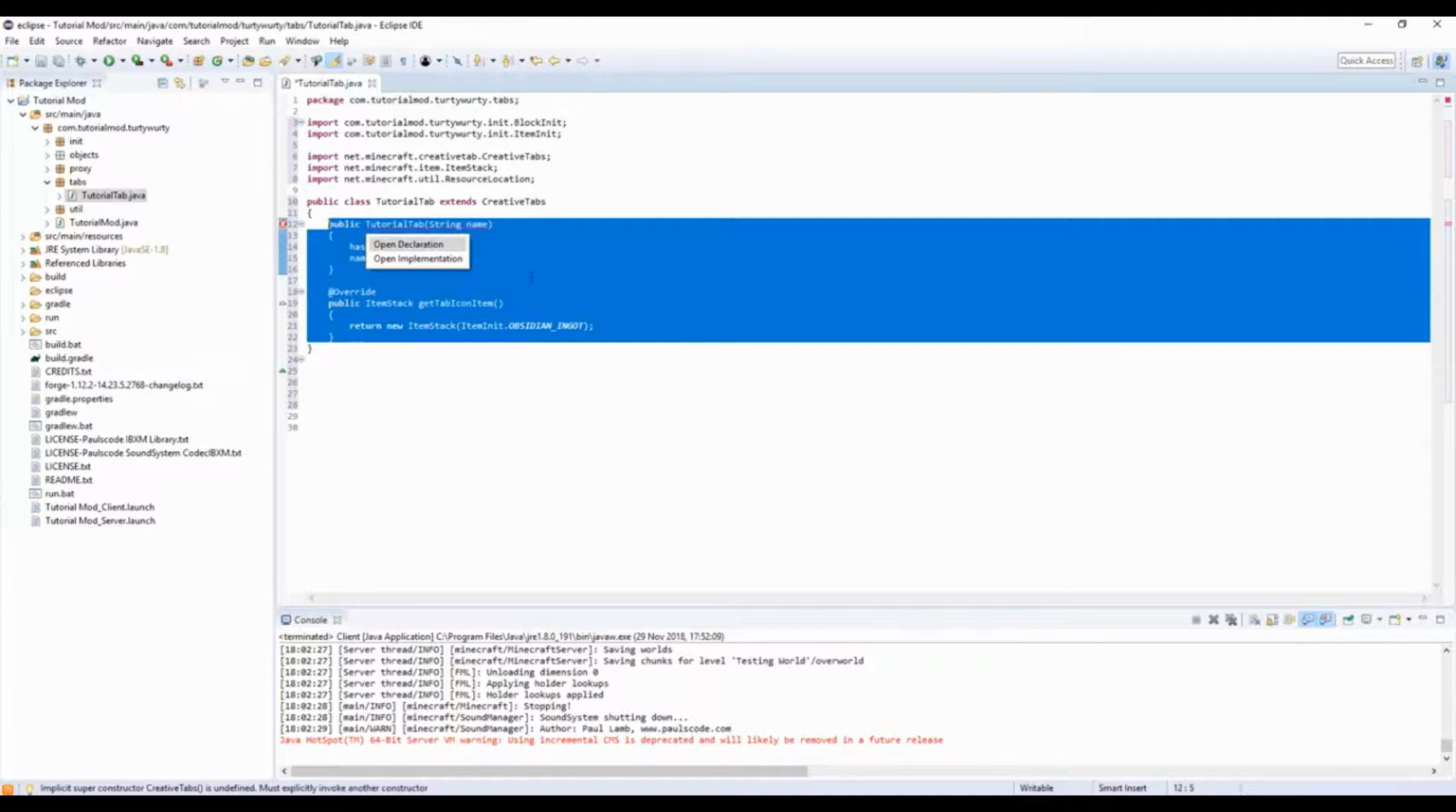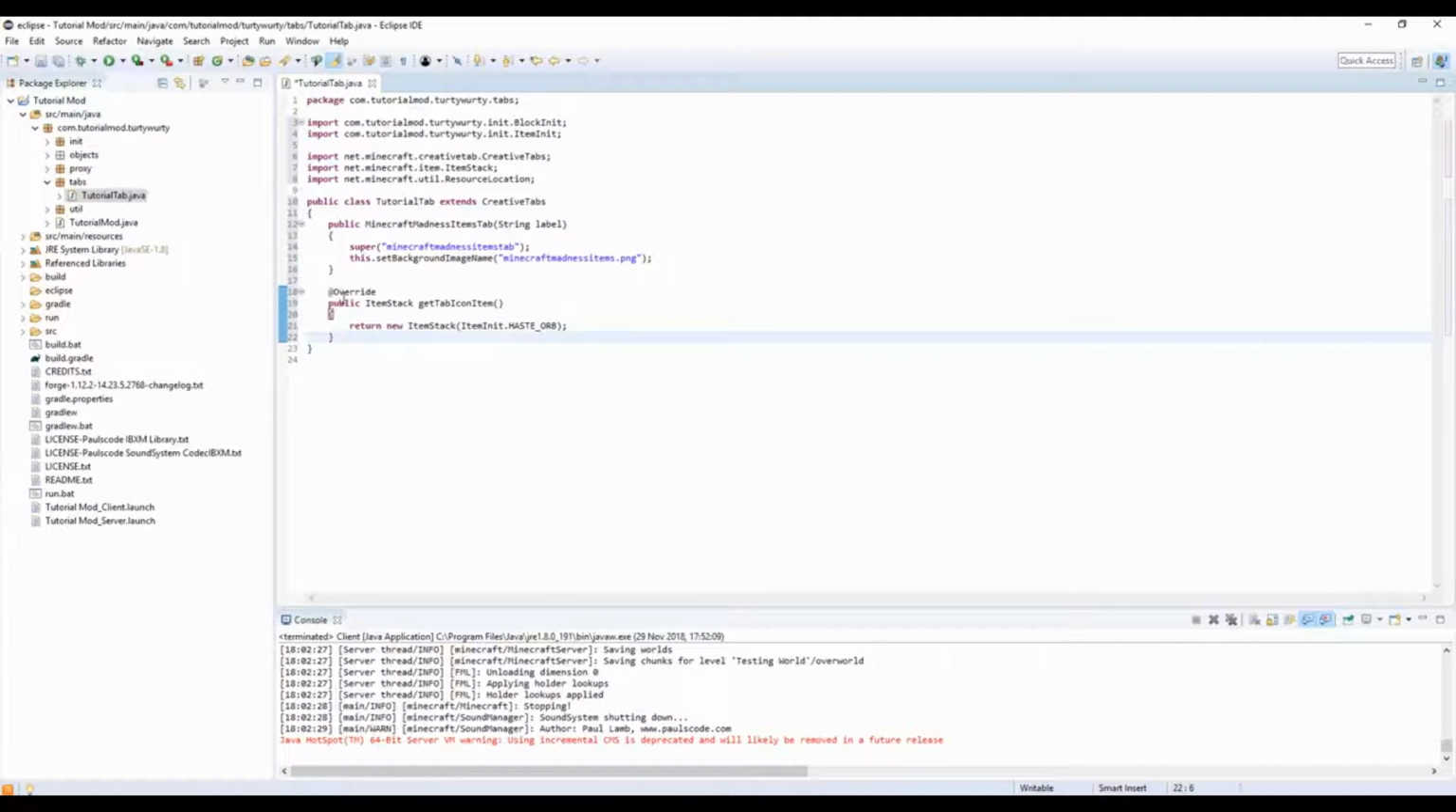Right, guys, this is all wrong. So I just need to change a few things. Basically, what we've done, let me change the constructor. We've got string label, and we're supering off of the string label to make our name. So what we're going to do is name this